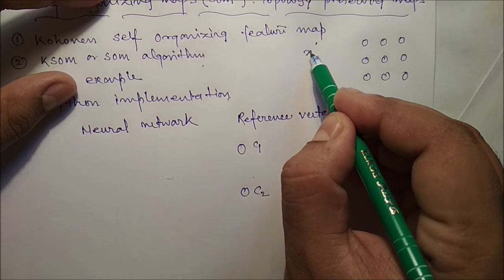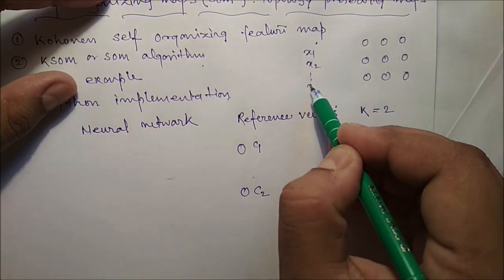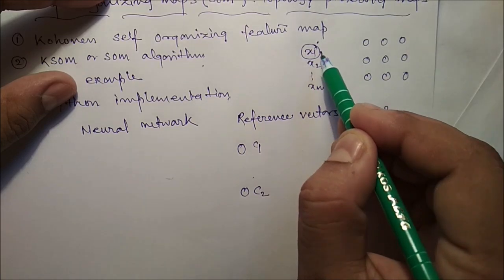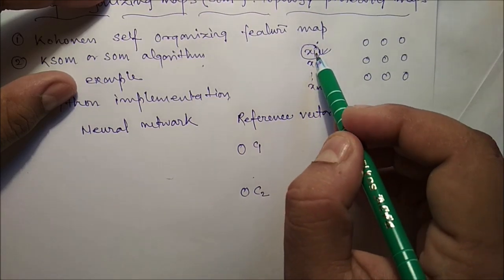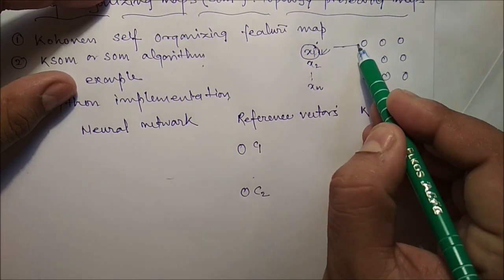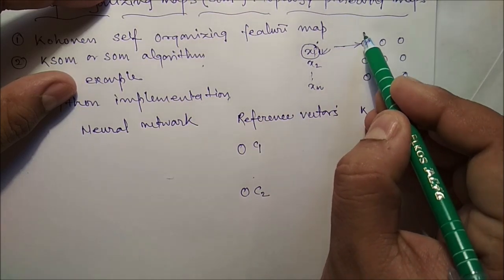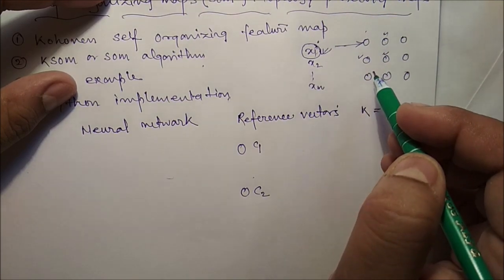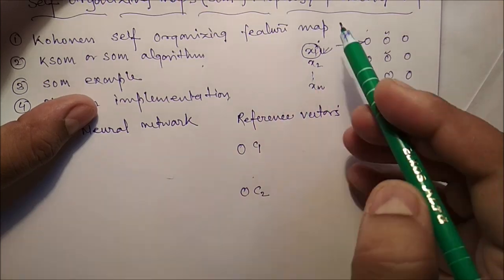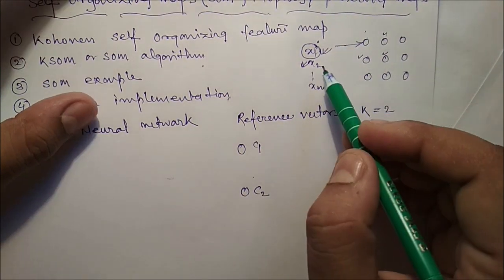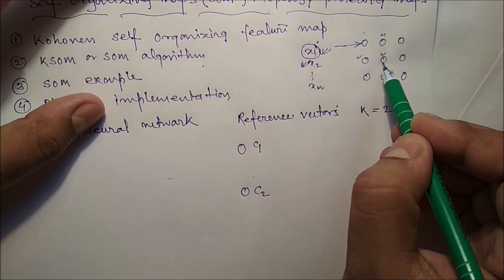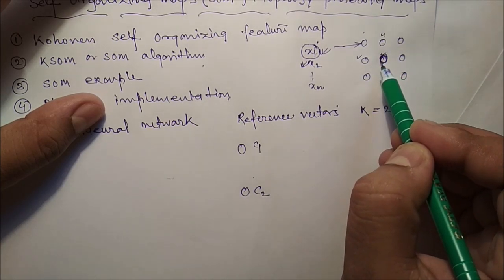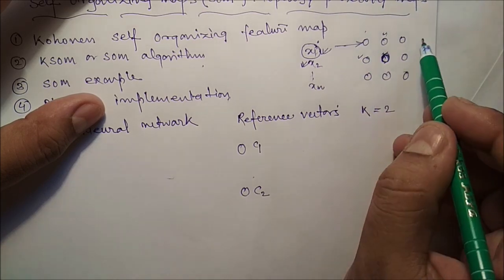Say we have a few data points, x1, x2 to xn, and we have to process the data one by one. Suppose we process this one, we identify the nearest center. If the nearest center is this one, then we have to update this center as well as its neighbors, say this one as well as this one. Similarly, process the second data. Now the nearest center may be this one. Then we have to update the weights of this particular neuron as well as the weights of the neighboring neurons.